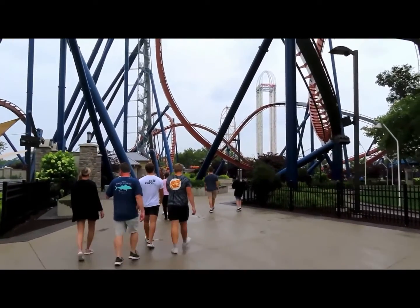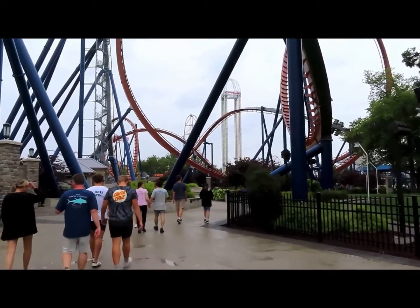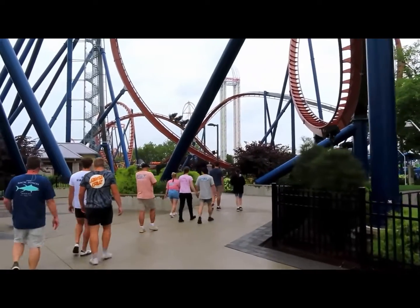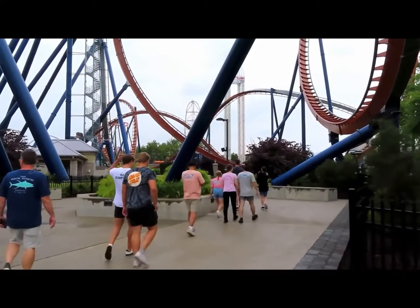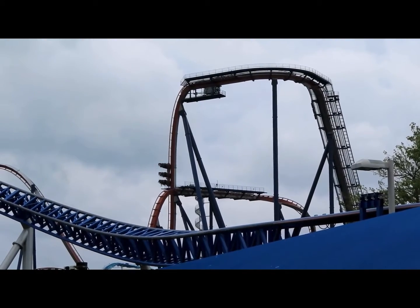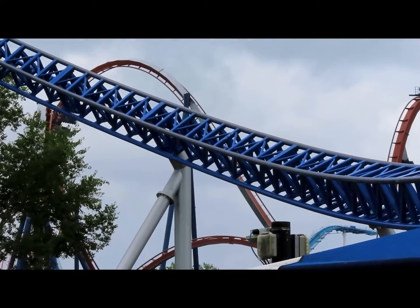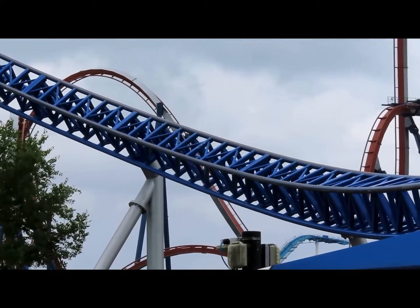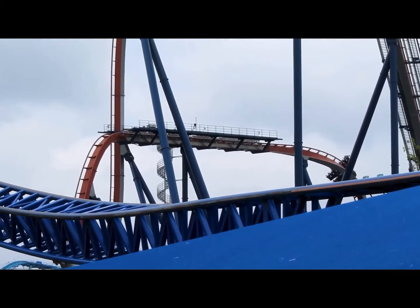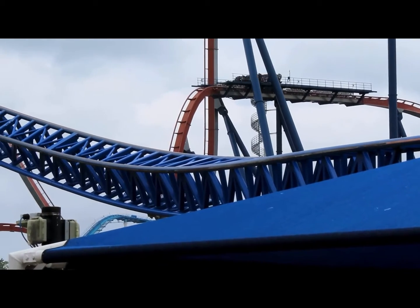And the element is right here, the 0G roll that almost stalls out, or feels like it. Not a 0G stall, just not that type of 0G roll, but it feels very slow when you go through the roll, and you get a lot of hang time. I kind of like hang time, and that was my favorite element of the ride. After all, there's an Immelman, a dive loop, a 0G roll, and then an airtime hill,